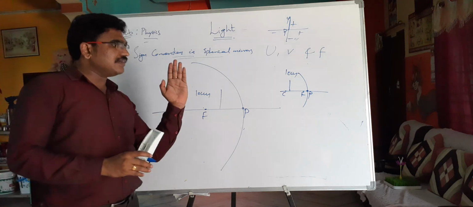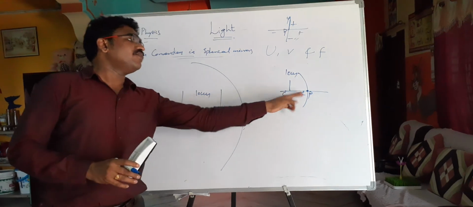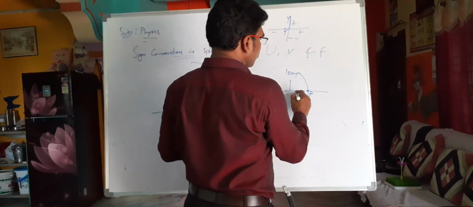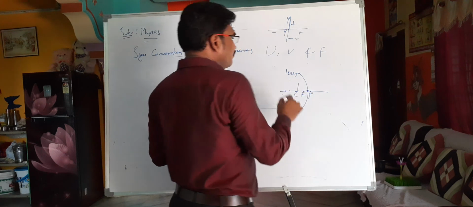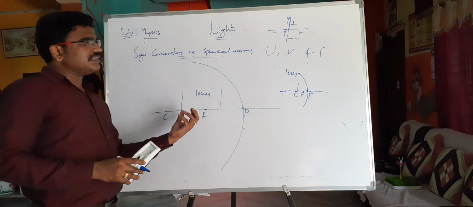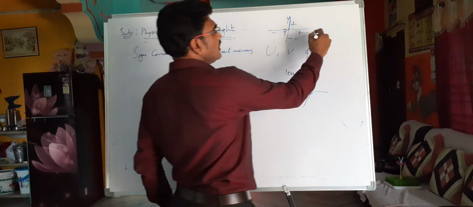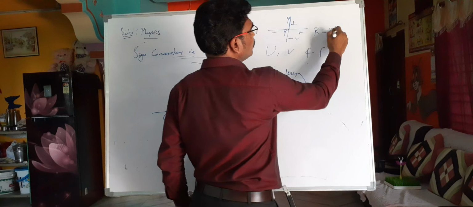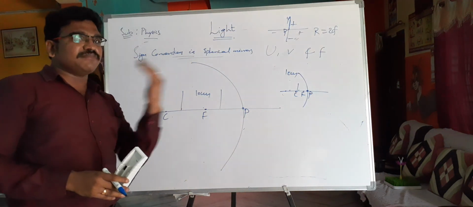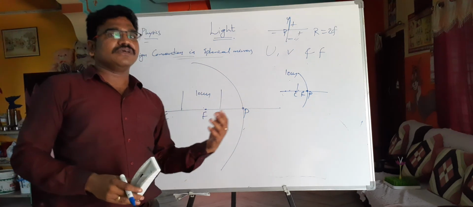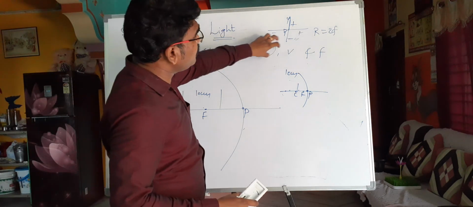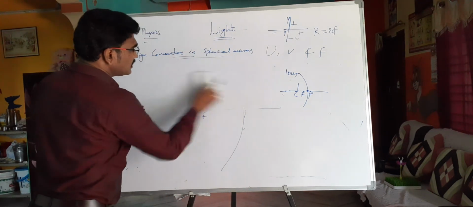Here the object will be standard, but the focal lengths are changed. Here the focal length is very small, and here the focal length is very large. You know how the focal length is varied? Focal length varies depending upon the radius of curvature, because R is equal to 2f. So the object may be standard, but whenever you are using different mirrors with different radii of curvature, you may get different characteristics of the image. That's why there is a very good relation between U, V and F, that we will discuss now.